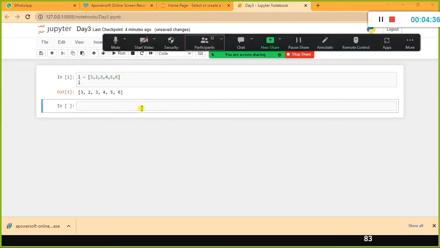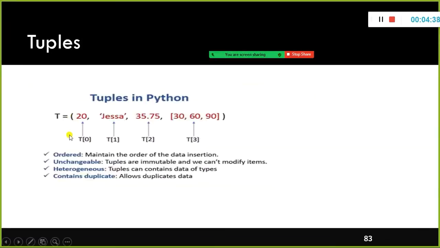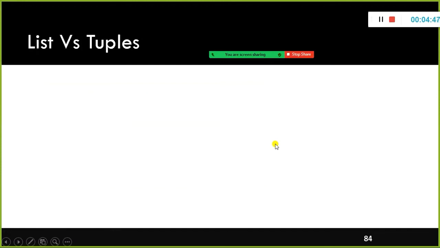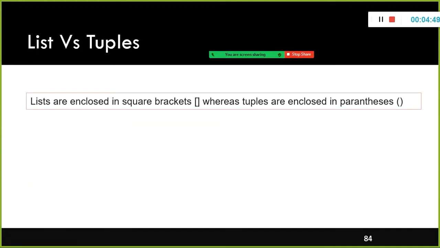So tuples are nothing but an ordered collection of data. It can hold heterogeneous data types, and also it is immutable. You cannot modify the values once you store the data in a tuple, and it can have duplicate values in it. The difference between list and tuples are